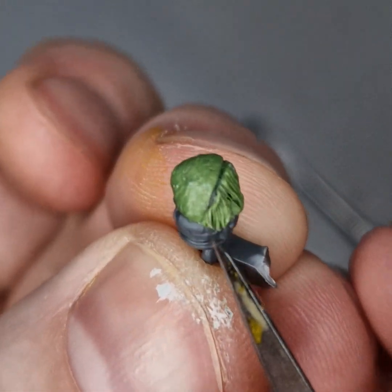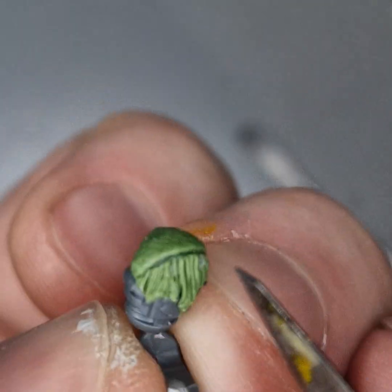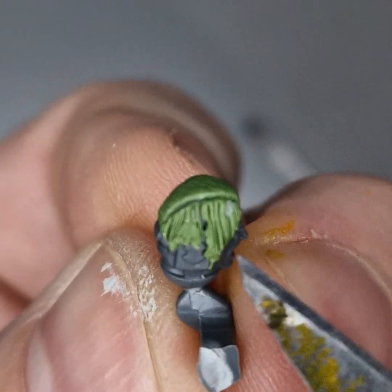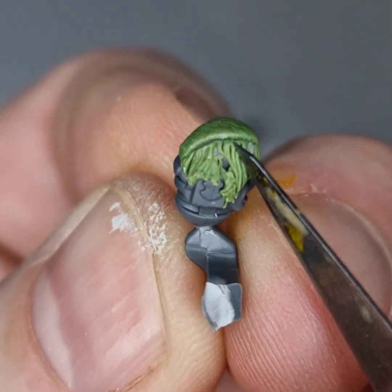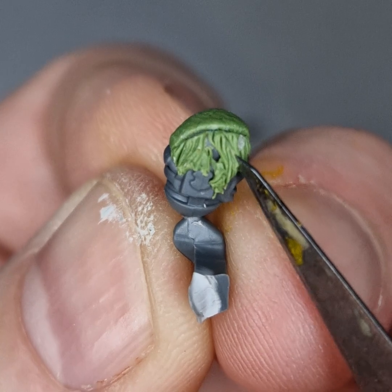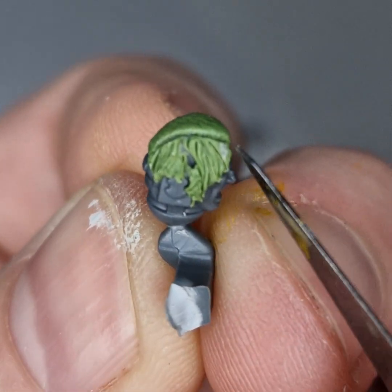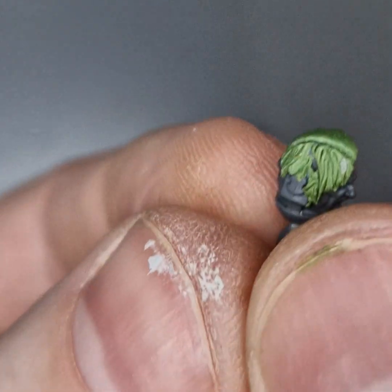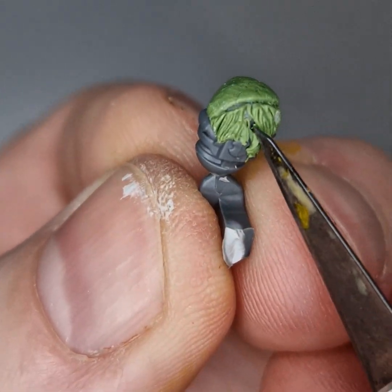Now, if I don't want it to be nice and straight, that's when I can just start scoring into it in different directions. And it starts to give the impression of a bit more mess, which is actually the look I'm going for right now, is actually quite messy. What you've got to consider as well